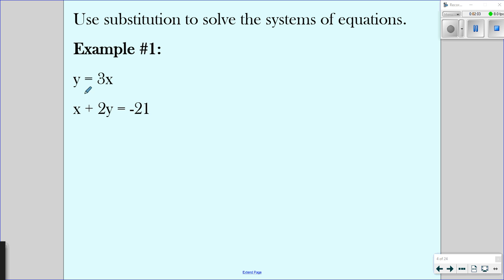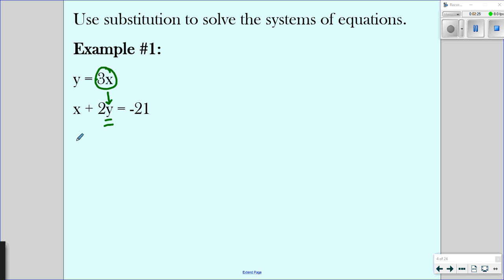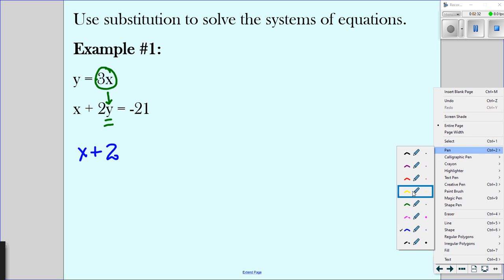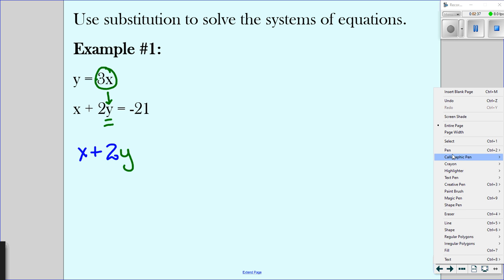So basically, let's look at the first one. This one says y equals 3x. I'm going to circle the 3x. So that means in the other equation, wherever there's a y, we're going to substitute it with 3x. So I'm going to rewrite this equation. I'm going to use the x plus 2y, and I'm going to have y in green, because that way you'll know that this is what we need to substitute the 3x for,